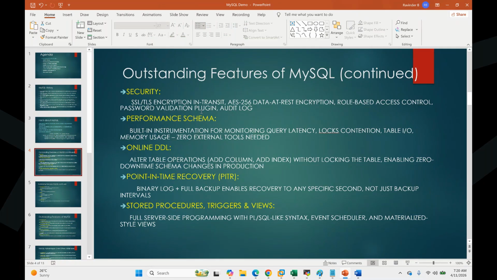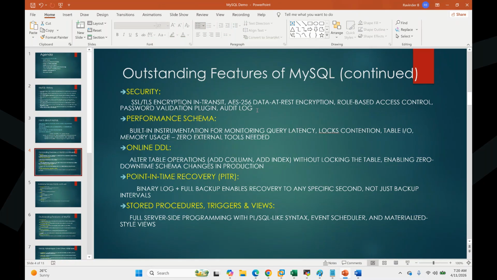Then you connect to MySQL, then you have to have the permissions: how the permissions will be laid out, how inbuilt permissions will help you, how customized permissions will help you. We're going to talk about this in detail in the security model. We have password encryption, role-based access controls, and password validations. If the password has to have 12 characters with uppercase and lowercase combinations, and it should expire after some days, everything we can mention in the community edition as well.